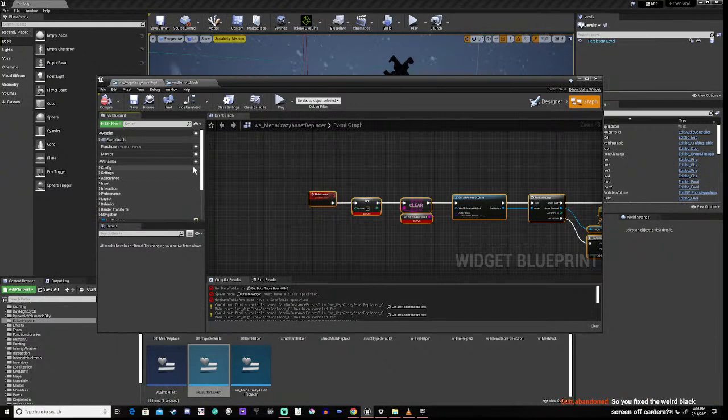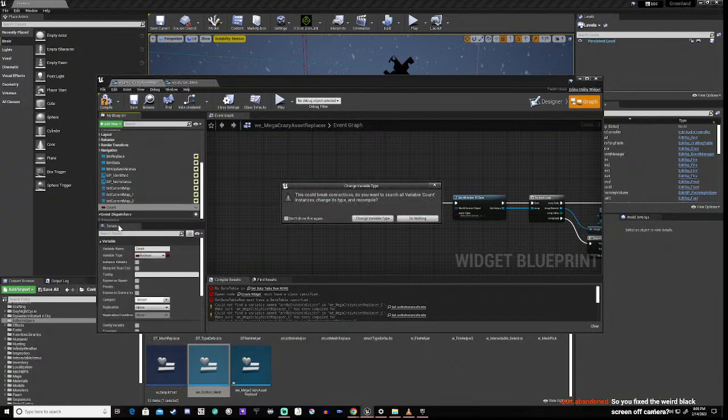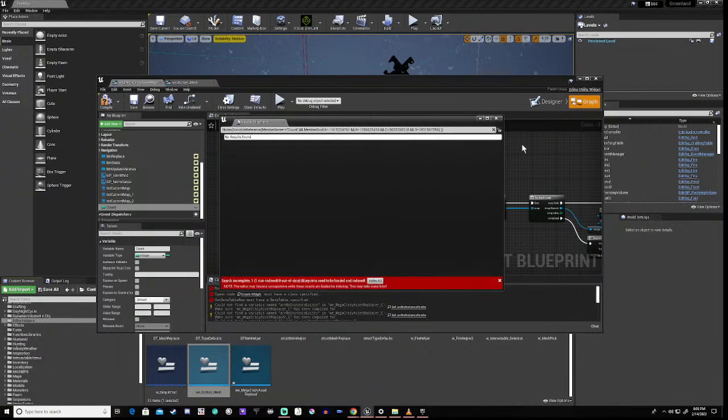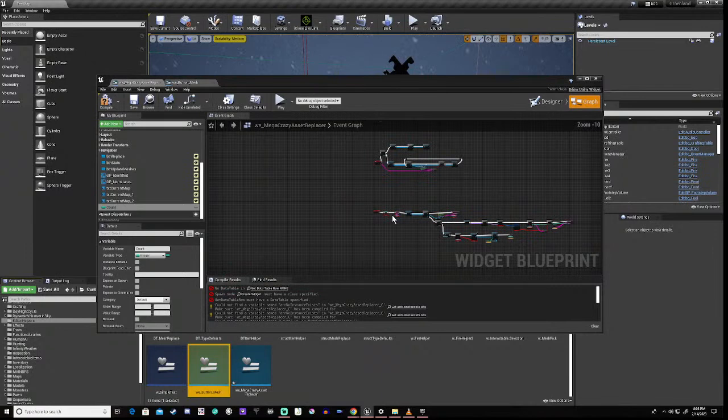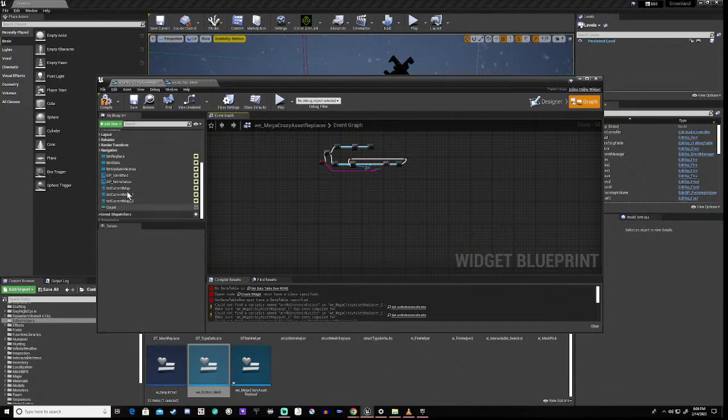Right. So count. That's obviously going to be an integer. Okay. Now, what I'm going to do is delete this back out again, right? Because it'll be easier to put it back in.